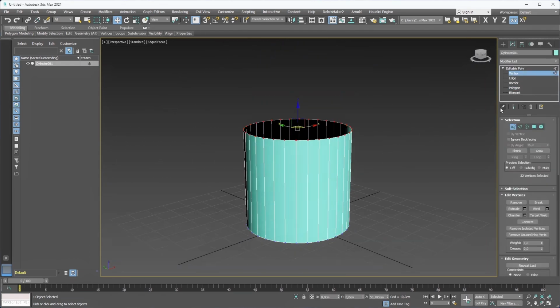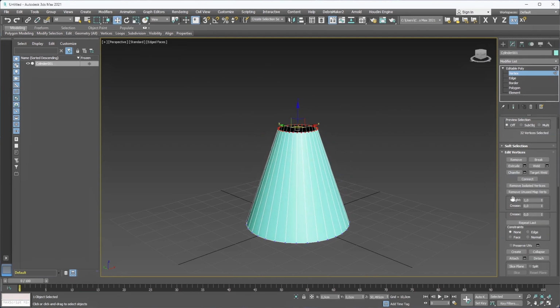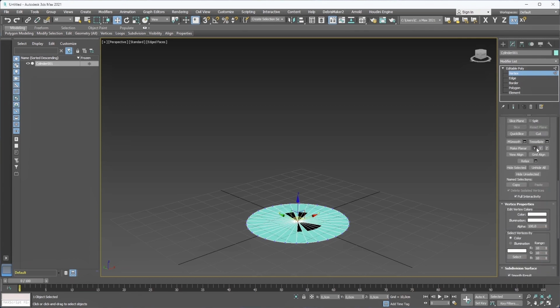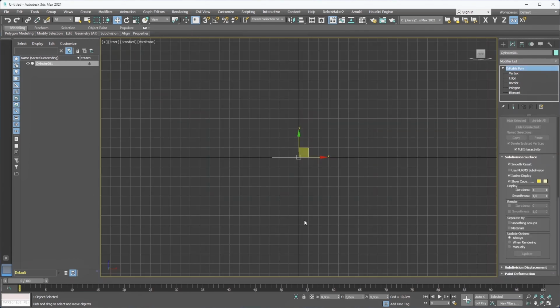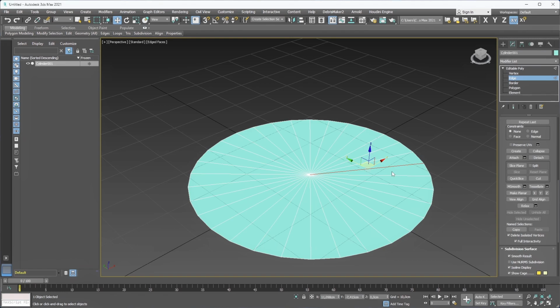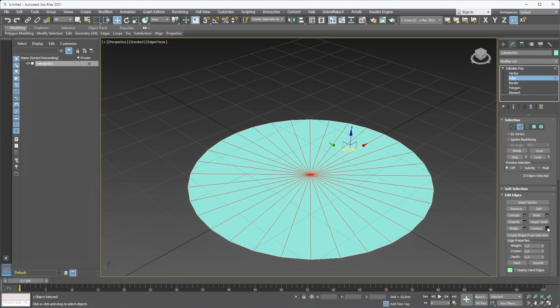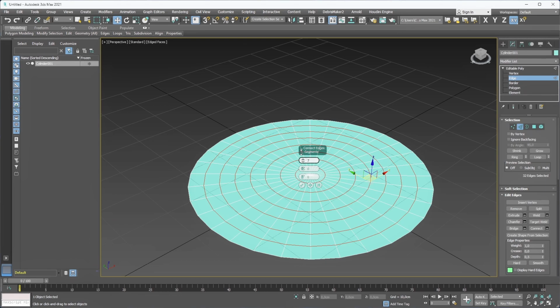You can select all vertices on top and shrink them down. Once done, set their Z coordinate to 0 and click multiple times on those XYZ icons in order to quickly group them on the center. You can select one of these edges and click on the ring button. After that, go to Connect and add 7 new edges.